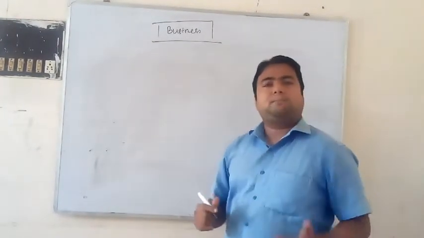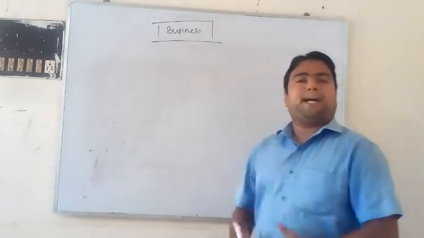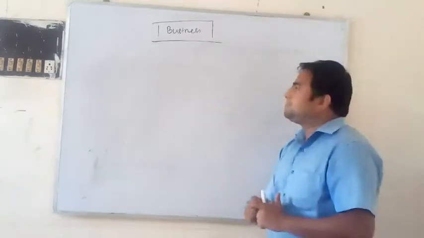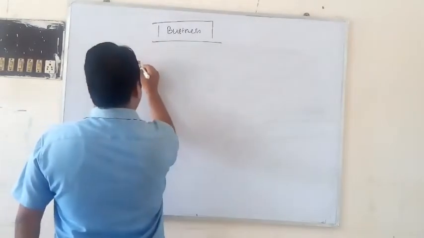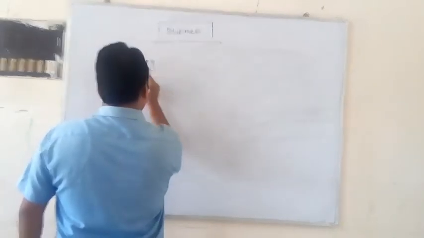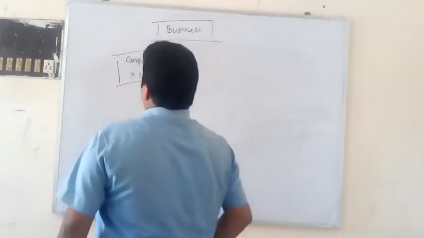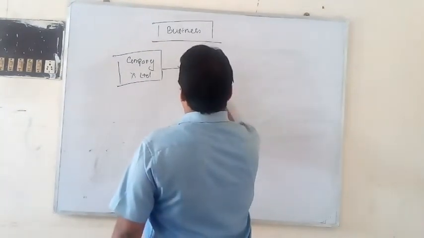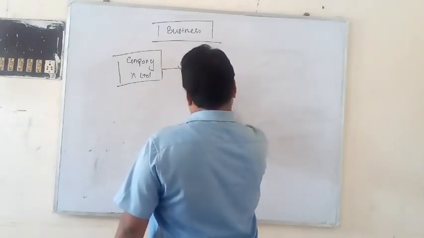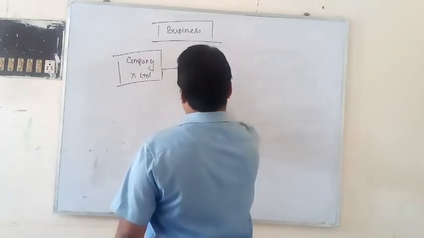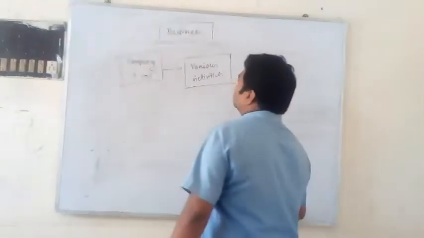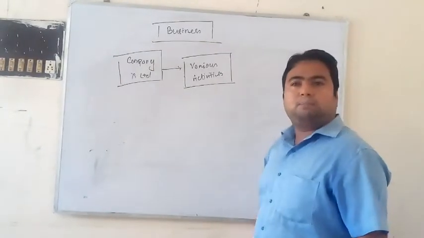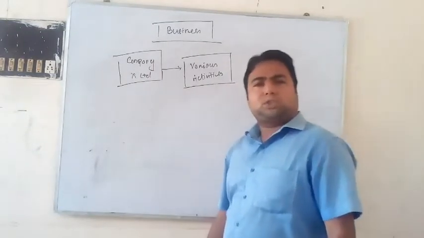ये तो हो गया, business is a process where buying and selling of goods is being carried out with the help of certain persons। But let's understand it in a better manner। Suppose a company X Limited is there। X Limited, being a business unit, will perform various activities, maybe buying and selling of goods or some other activities relating to business।